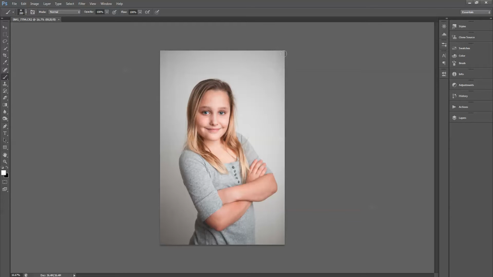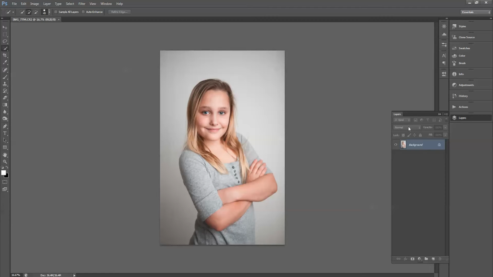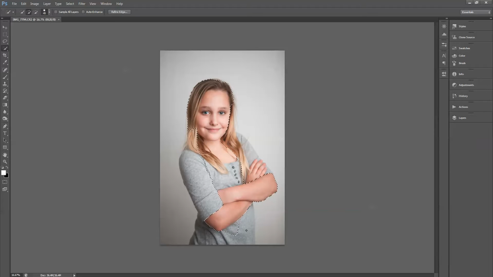So we can see that it's a little bit darker up here and down here as well, and I quite like this color here, and I do want it, just for this particular thing, to be a similar color all the way around as I can get it. So the first thing that I'm going to do is use the Quick Select tool, which we can see up here, and I've got plus on, and I'm just going to click on her, and I'm going to drag down